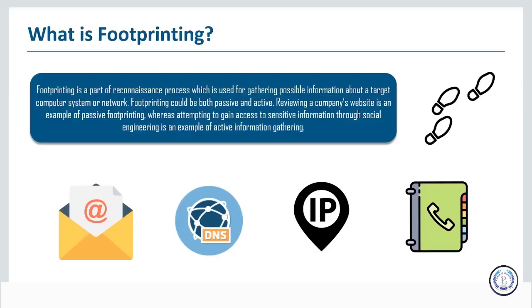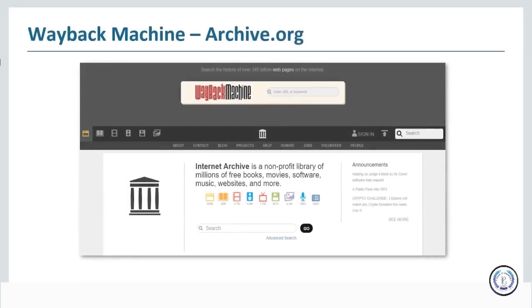As you go about footprinting your target, the next thing that we are going to see is very interesting. This is one of the many common tools that are out there on the internet, and that is the Wayback Machine, also known as archive.org. While it might not give you all the information that you need, it certainly gives you a starting point.